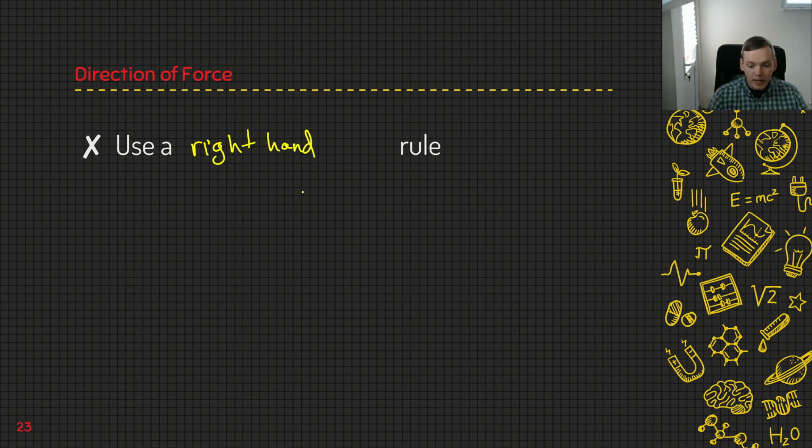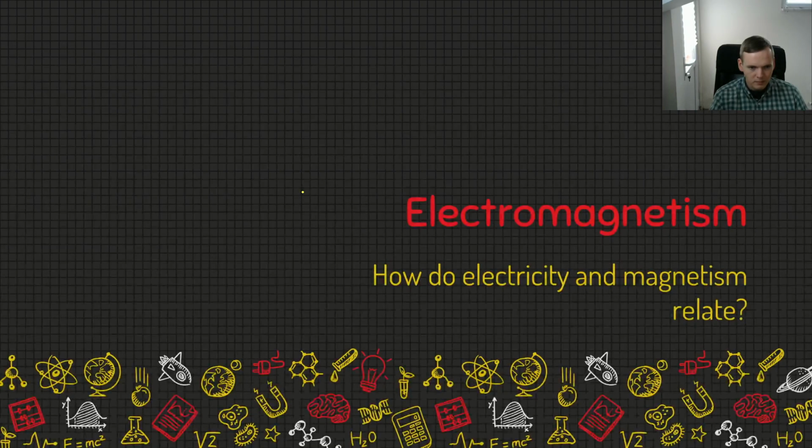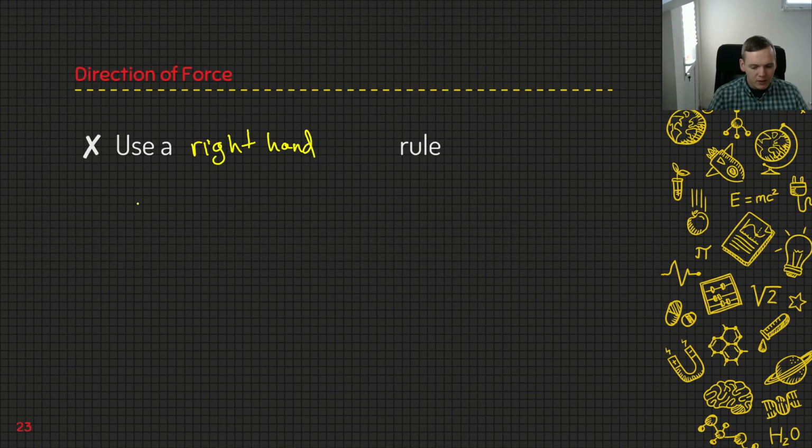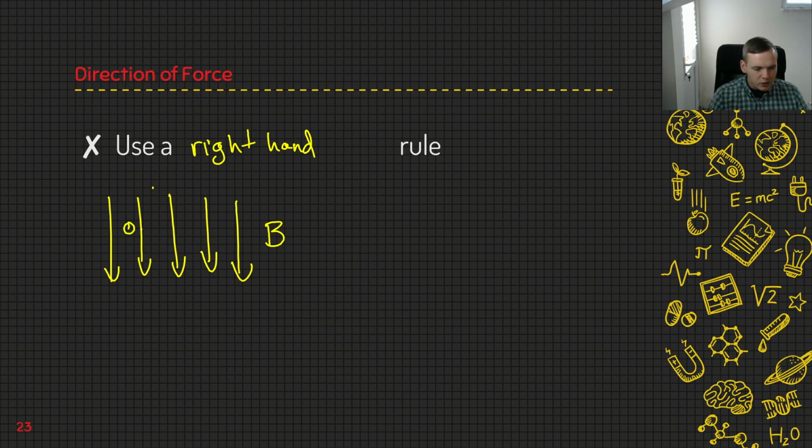So you will have to use your right hand for this. You can't use your left. Well, you can use your left hand, but you got to do it differently. But we always use right-hand rules for math because of how we've set up our math systems to give us consistent answers. So what we have here, if, for example, we've got a magnetic field that's pointed like this. So this is my magnetic field, pointed straight downwards. And if I have a charged particle that's moving through like this, you notice they're perpendicular. So because they're perpendicular, we're going to get the most